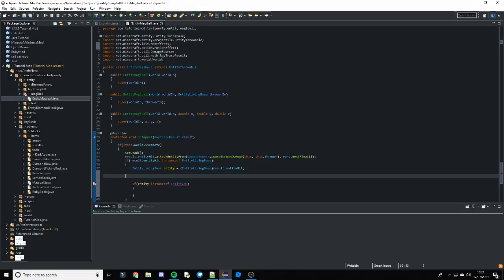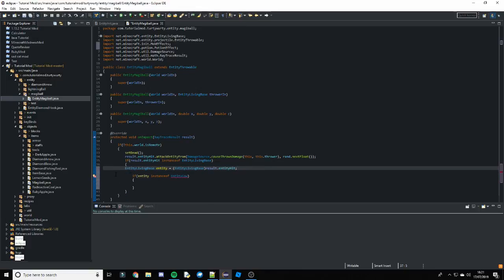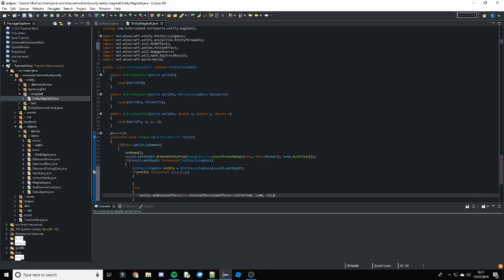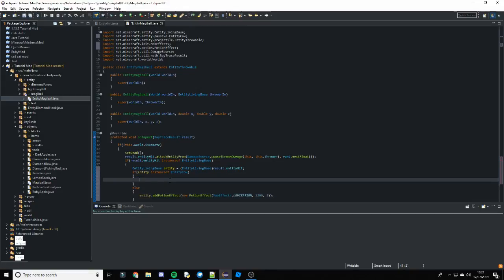So let's go ahead and take that out. Oh, no, not like that. So then we can just do else and put that in there. So what I want to happen is if it's an entity cow, then we want to go ahead and do